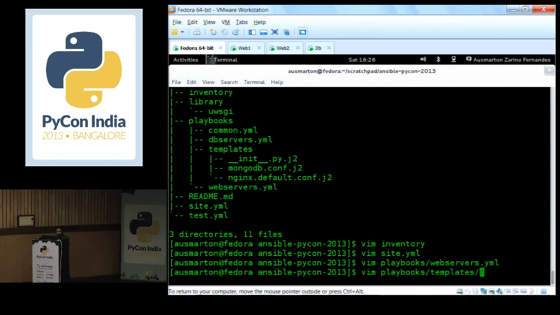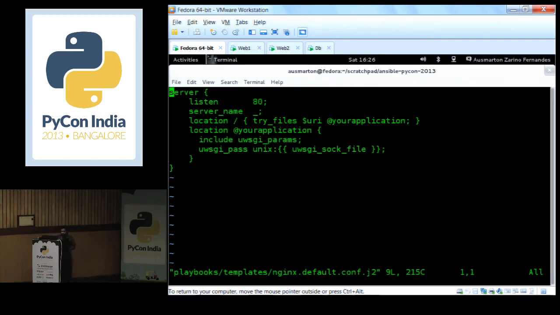By the way, this code is available on my GitHub account. I've added it as a part of the last slide, and you can check it out if you need any references to this.